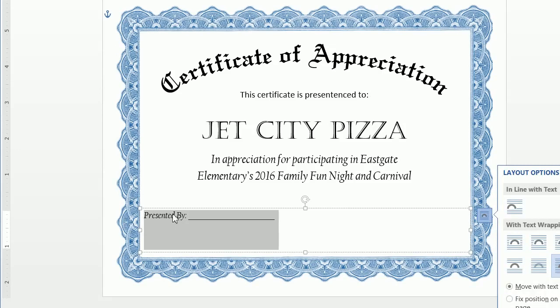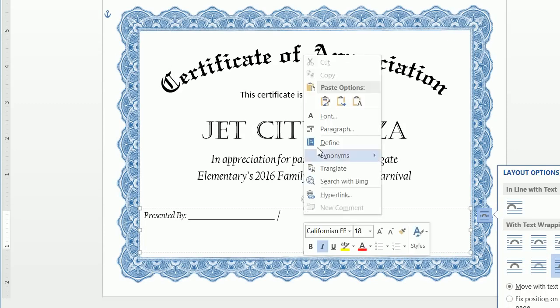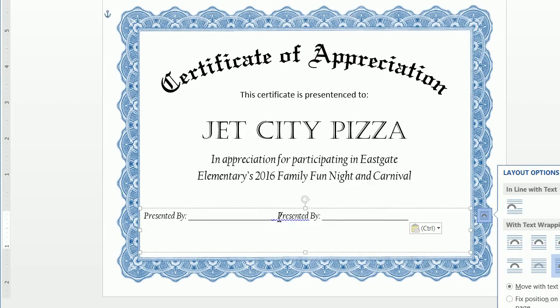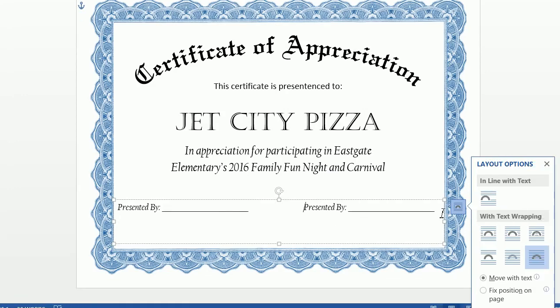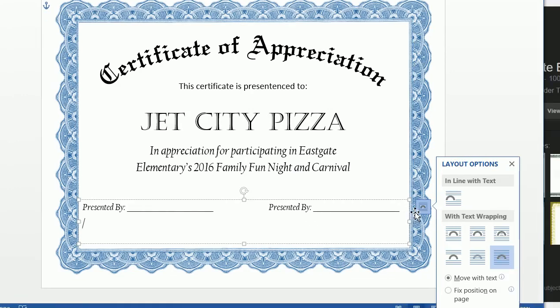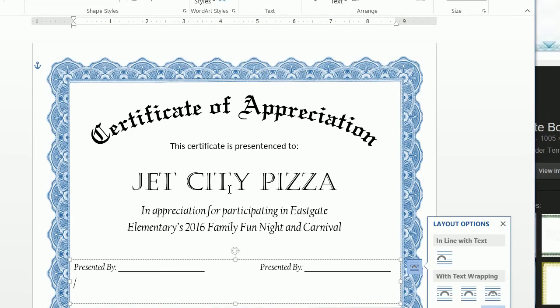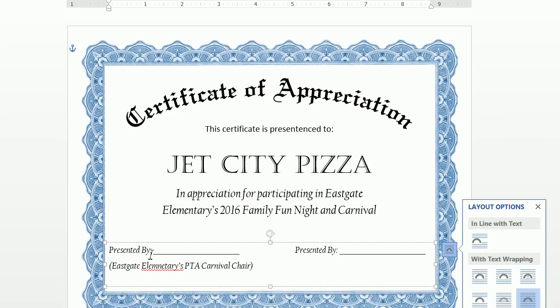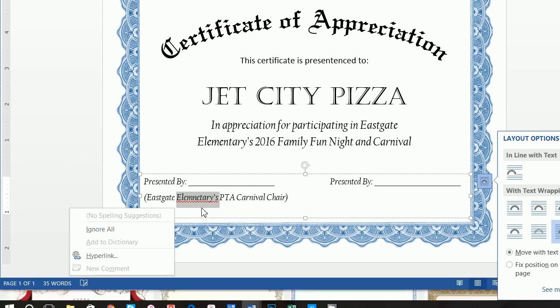From here, we can right click and do a copy, do a couple spaces, right click and do a paste. And then from here, we can just add some spaces. And then we can do a paren, Eastgate Elementary's PTA Carnival Chair, and Eastgate